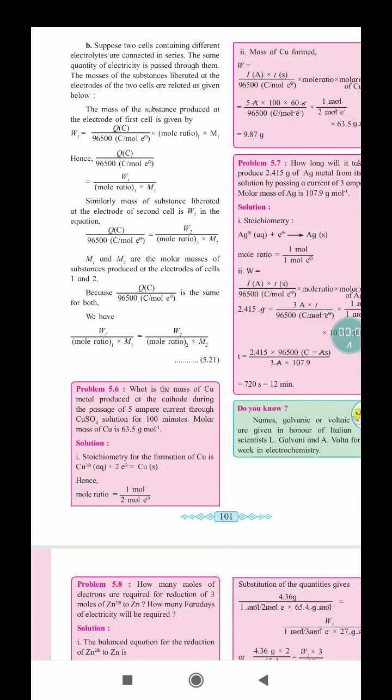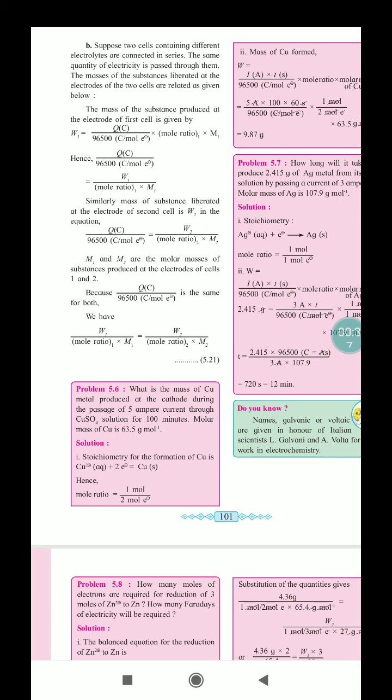Students, on the basis of this problem, the formulas are: quantity of electricity Q is equal to I into T. 1 mole of electron is equal to 96500 coulomb. Mole of electron actually passed is equal to Q upon 96500, that is, quantity of electricity divided by 1 Faraday. Then mole ratio for the reaction is equal to the number of moles of product divided by number of moles of electron.